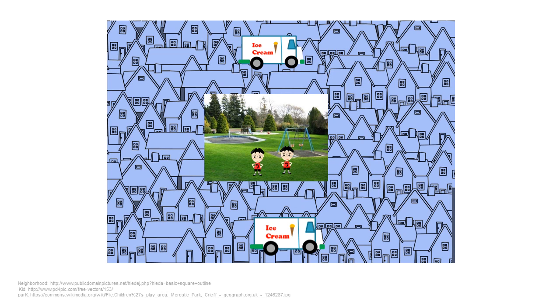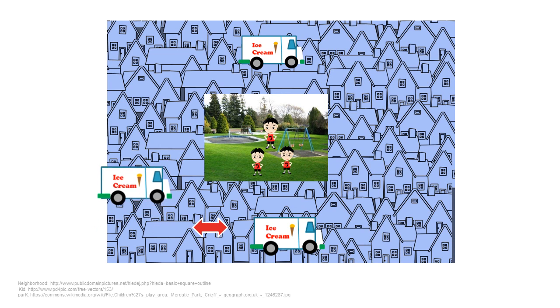Now this is working fine at this point because there's enough room in this neighborhood that these trucks can drive around and they don't have to get too close to each other. The problem is if the third proton kid shows up to play in the park and that attracts yet another ice cream truck wanting to sell ice cream here, the problem is this neighborhood is getting too small to have, well, it's the same size, but there are too many ice cream trucks trying to drive around in this small space. So these trucks are very sensitive to each other, and there's some tension here because they don't want to